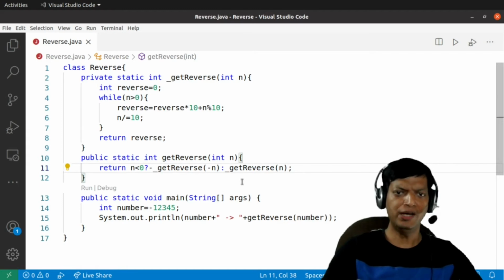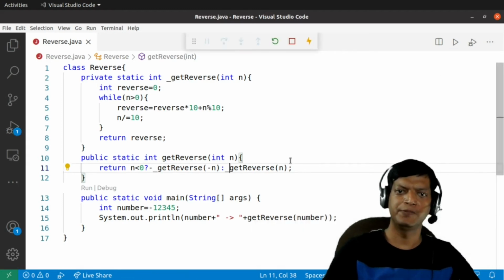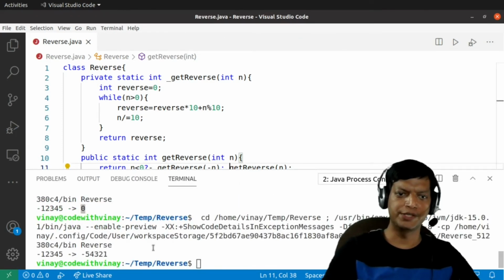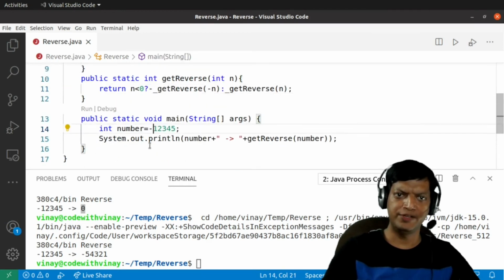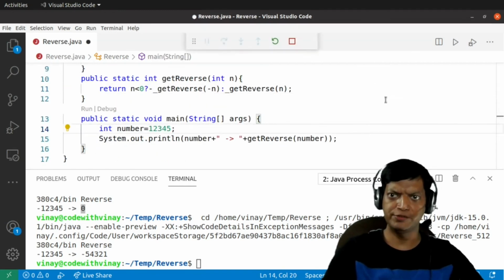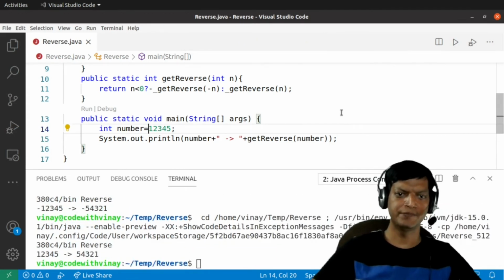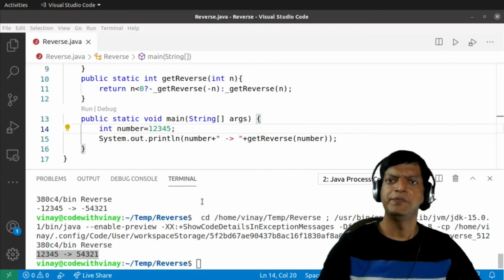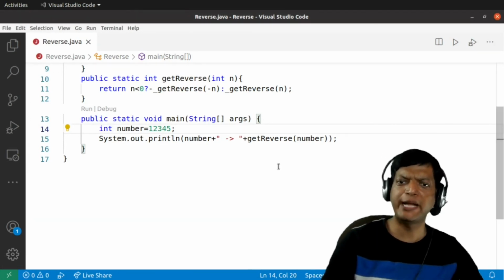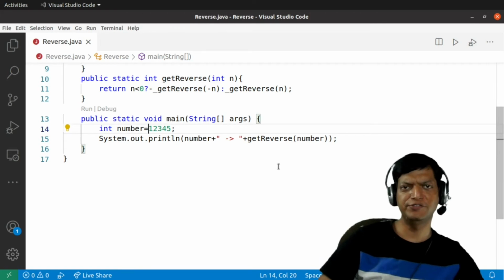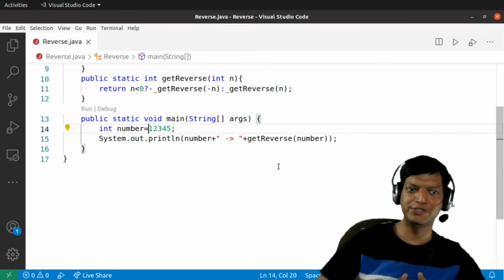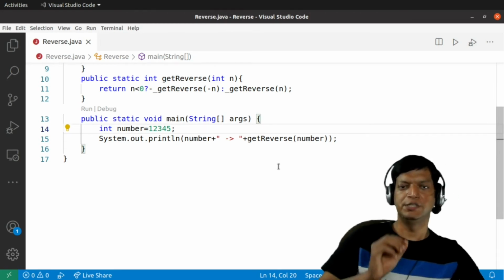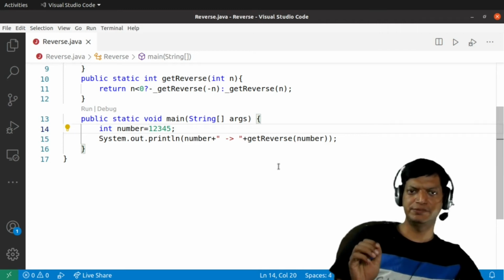So now if I run the program once more, you'll notice that the program is working for the negative as well as the positive. Let me make it positive again just to make sure that it's working. So now the program is working for the negative case as well as the positive case. Now apparently at this point the program seems to be working. It is working for the positive numbers also, it is working for the negative numbers also, but the program may fail in certain cases. You might be wondering what cases.